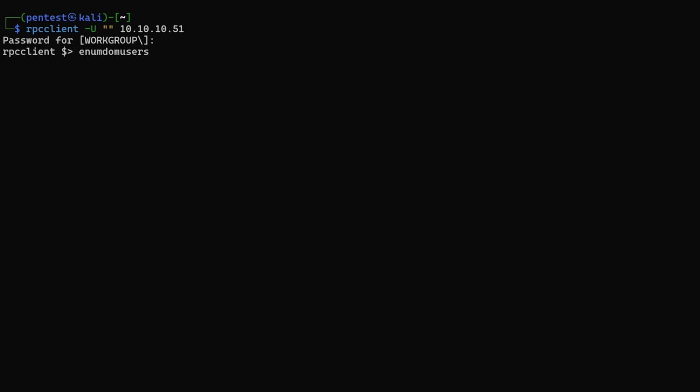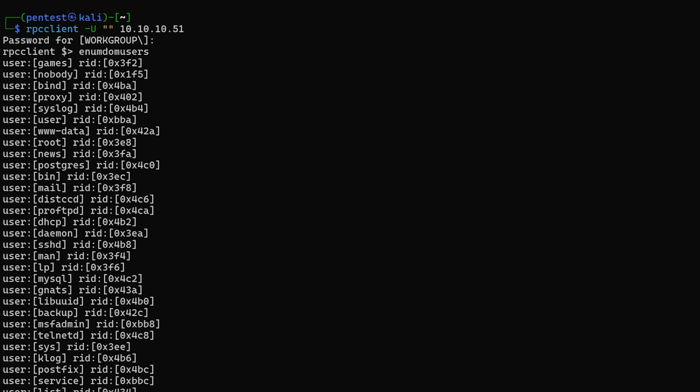So we're going to use this command, enumdomusers, in order to identify the users that are on that domain. Once we hit enter, we're given a list of the different users. We can see here that there is an MSF admin, but what you'll notice is that it doesn't tell us whether or not we can connect like we did with the NMAP scan. So now that we have a list of users that we can actually use to target a system, that may be in cases like brute force attacks or such, we can save those to a file and use them in the rest of